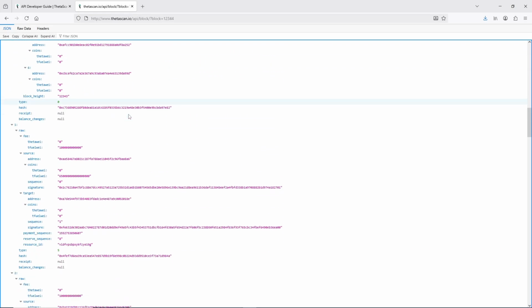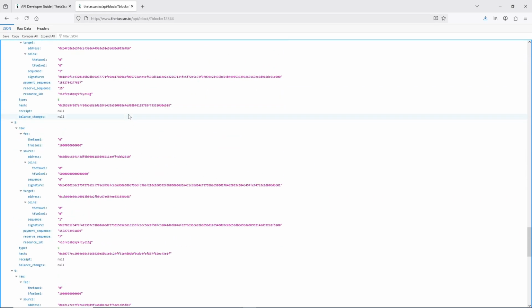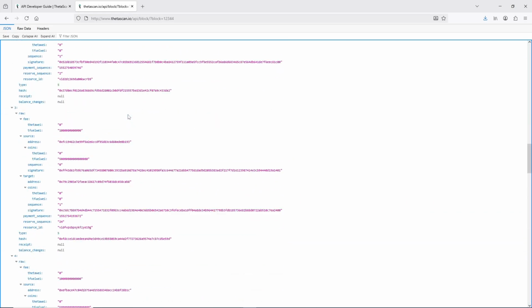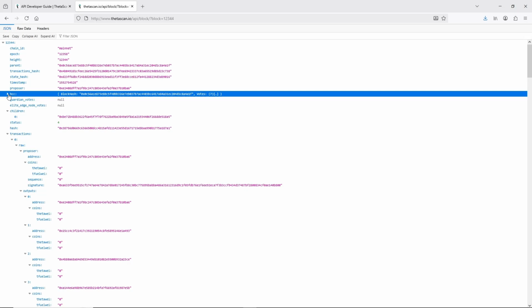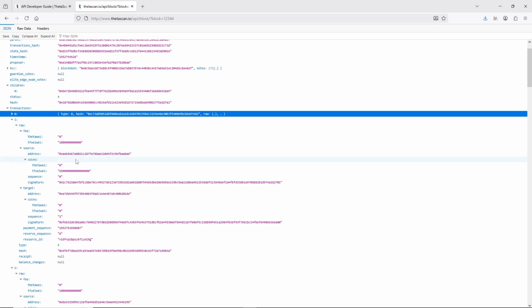As you scroll down, when you make this call, it's giving you tons of information. Alright, so let's shrink some of this down. So these are all the validator nodes that are voting on it. We'll get rid of those. And we'll get rid of transaction 0, and we'll just take a look at transaction 1 in this. So it's saying that it costs somebody